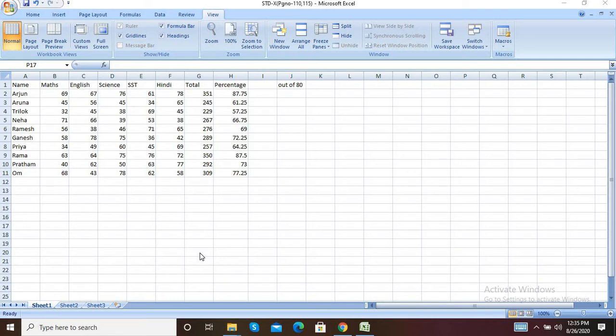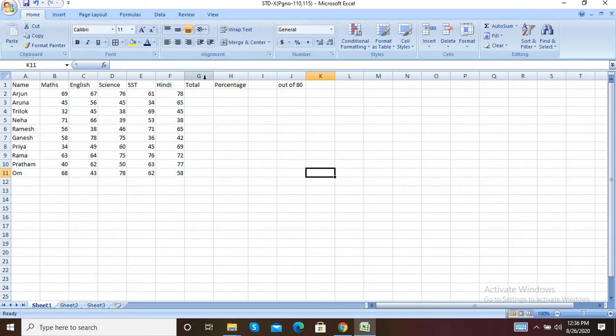So for that, first I am showing you how to calculate the total. I am deleting this. Simple thing to calculate the total: select the cell where you want your answer. After that, go to the Formula tab.